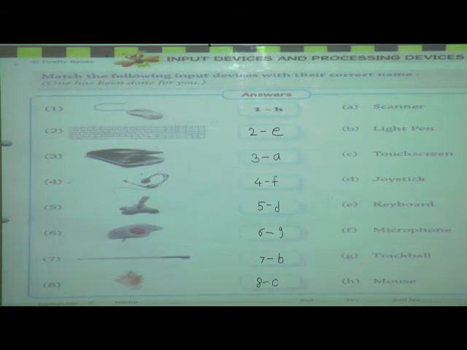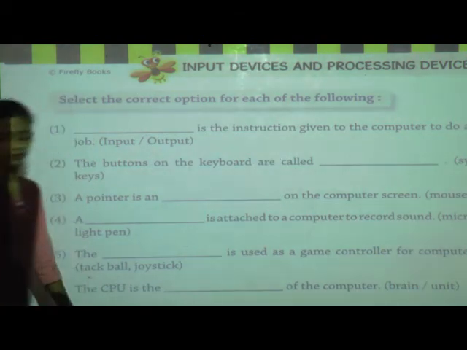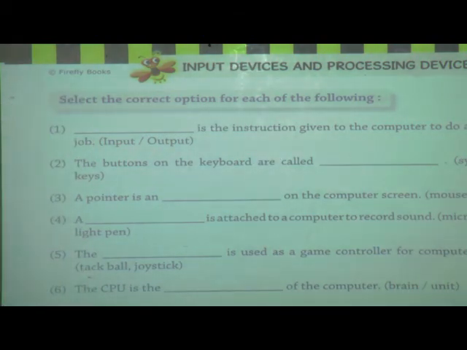Okay. Now next, page number 6. Select the correct option for each of the following. We have to select and write the correct option.